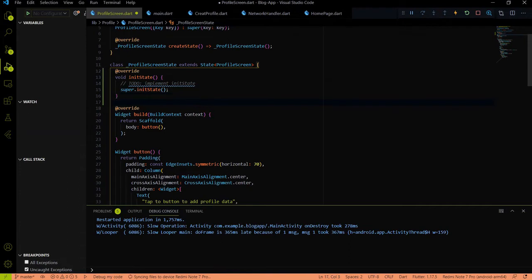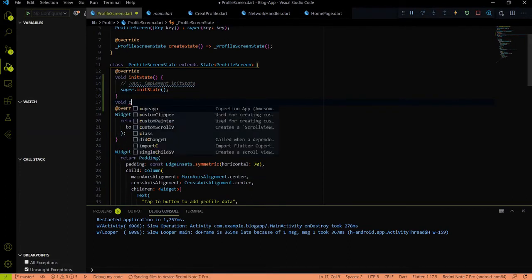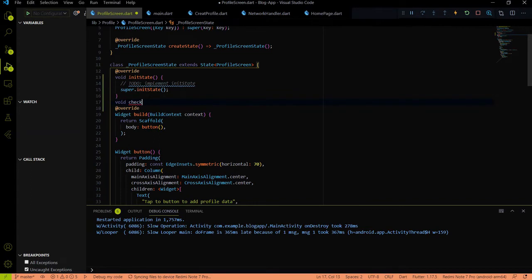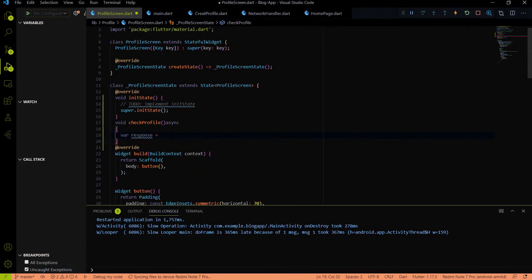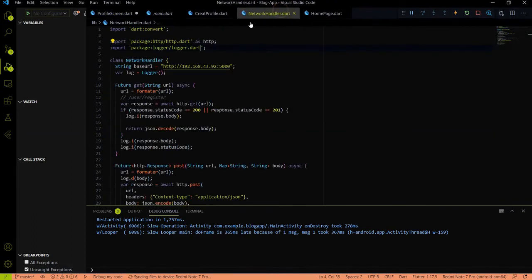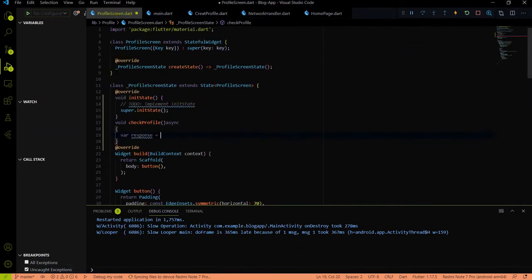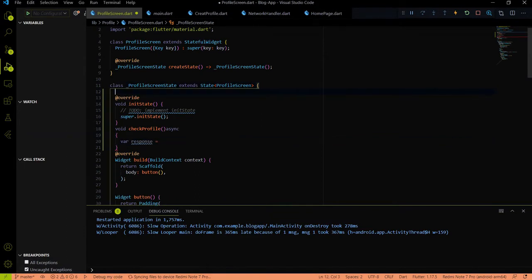For that I will create a method, void checkProfile, and in it I will add a var response, and again we have to create a network handler class instance on the profile screen. So let me create a network handler class over here.